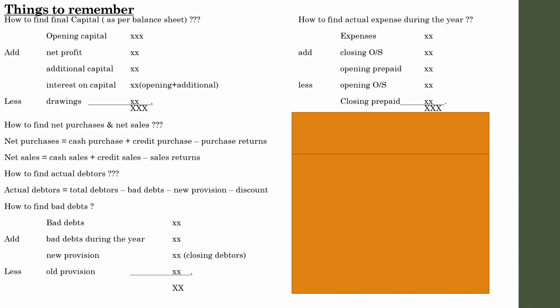So let us assume that the opening date is 1st January, whatever the year, and it is shown that opening outstanding is rupees 100. Whatever may be the expenses, I am just saying there was 100 rupees as outstanding on the first day of the financial year. So I am asking whether that 100 belongs to that particular period or the previous year.